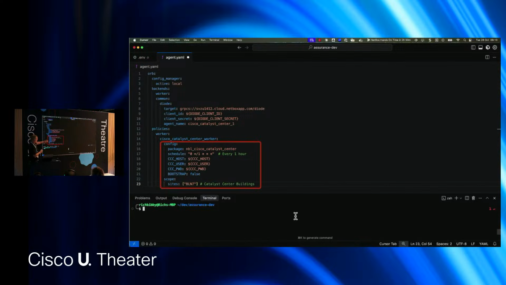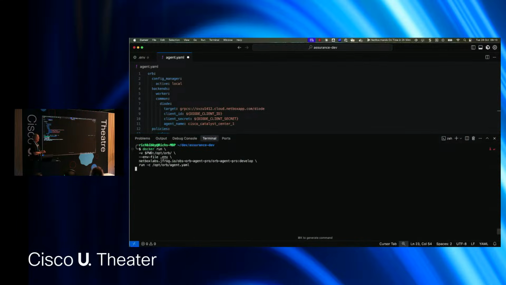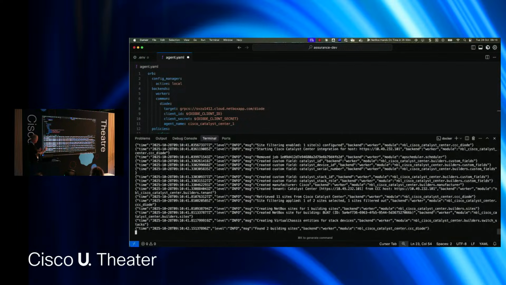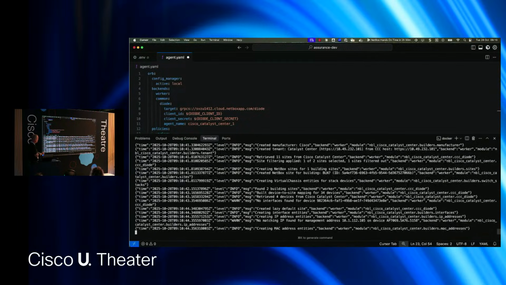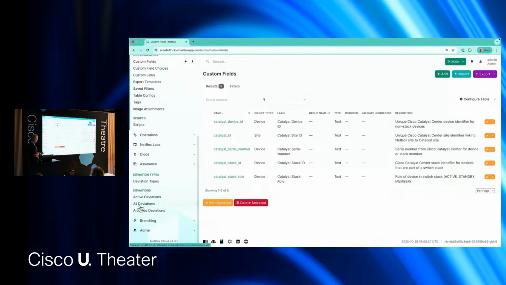And because we've uncommented the schedule, when I kick this off now, it would obviously run every hour. And I think in this video, you would wait for the top of the hour because that's when it would kick in, because that's what we've set. So I fast forwarded this little bit, and you can see the agent is now running. It's hit the Catalyst Center controller and it's ingesting all that data. We can see it's run successfully. We've ingested all that data just for that one specific site.